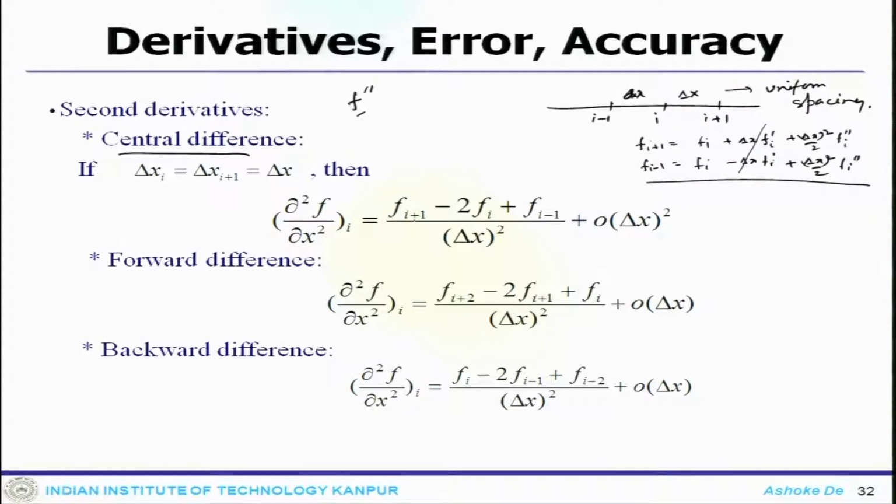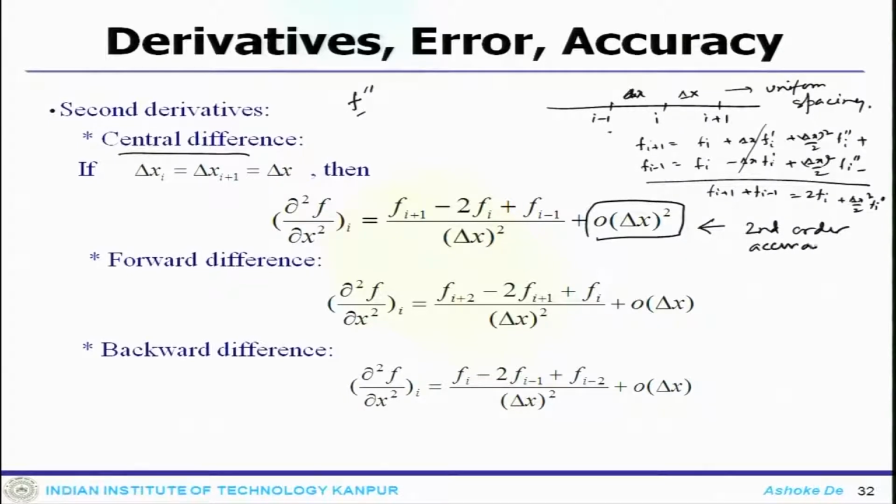So, you get an expression f I plus 1 plus f I minus 1 equals 2 f I plus delta x square by 2 f I double prime. The third derivative terms would be plus and minus, so they cancel off and the term which is retained is order of delta x square. That means even using a 3 point stencil, the second derivative using the central scheme is second order